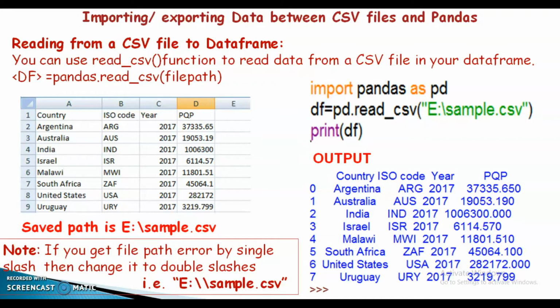Then we can see the output like this. Okay, clear? The saved path is sample.csv. If you get a file path error with single slash, then change it to double slashes.